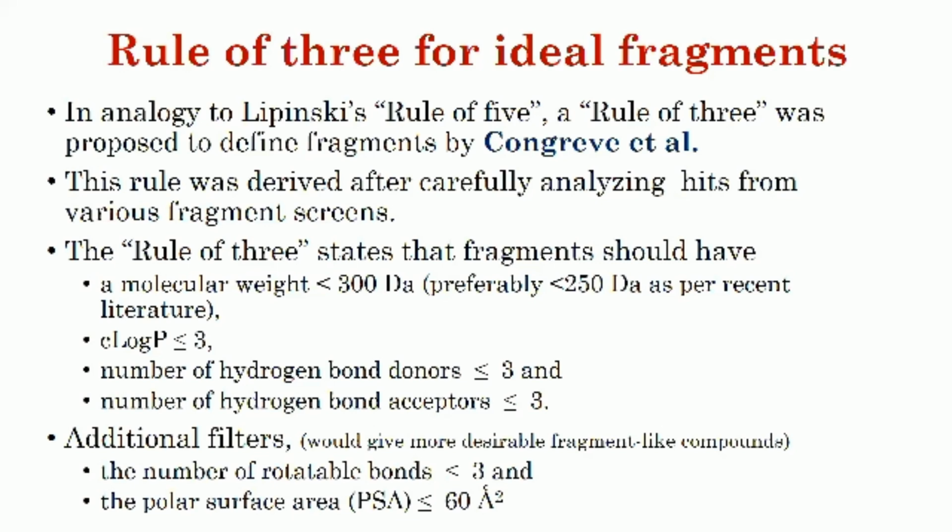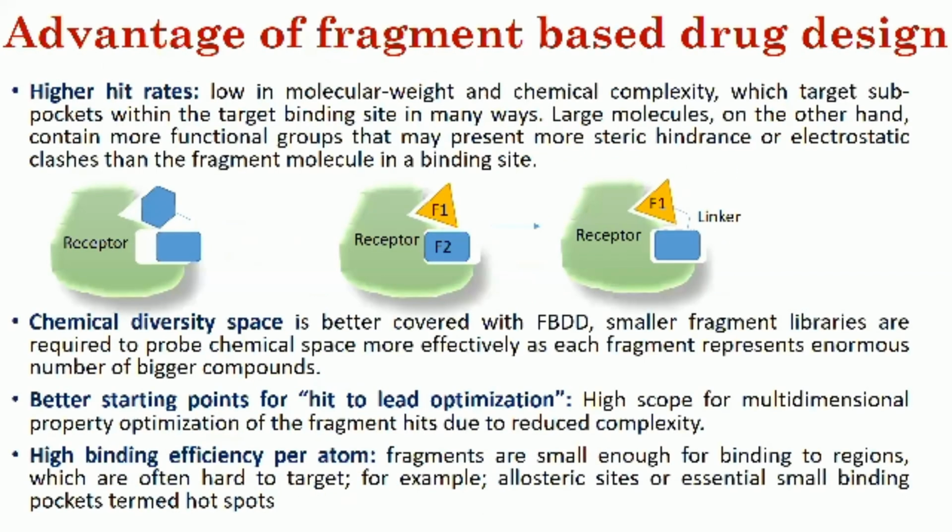Some additional filters which give more desirable fragment-like compounds are: the number of rotatable bonds in the fragment should be less than or equal to 3, and the polar surface area should be less than or equal to 60 angstrom square. So we see all these cutoff values are multiples of 3, so it is popularly known as the rule of 3 for fragments. Whenever we try to create a fragment database, we can apply these filters, right? So now what is the advantage of fragment based drug design as compared to typical structure